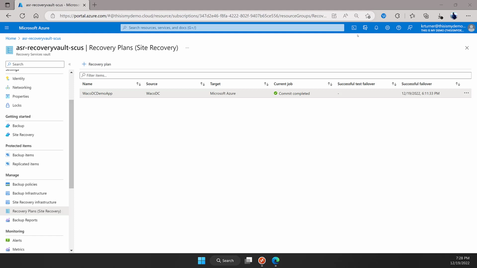The only thing that's going to actually change is the delta changes, since the VM was turned on, and the VM is running and up to date. So the only thing now that's going to be replicated up to Azure are the delta changes. Once we hit reverse replicate,